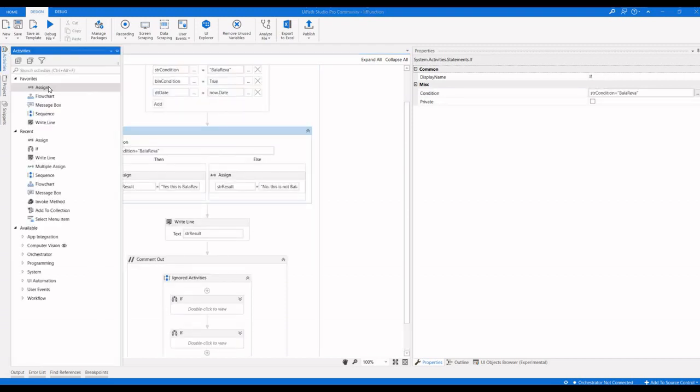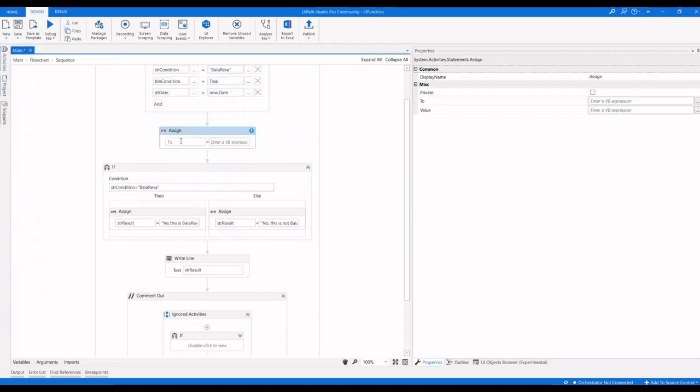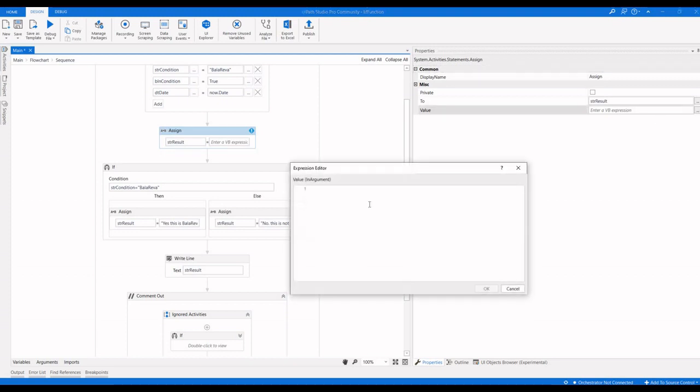So I'm going to use an assign activity, with result, let me open the window. You have to use if, and here you have to give an expression, that means the condition expression. So what is the condition expression? str condition equal to Bala Reva.